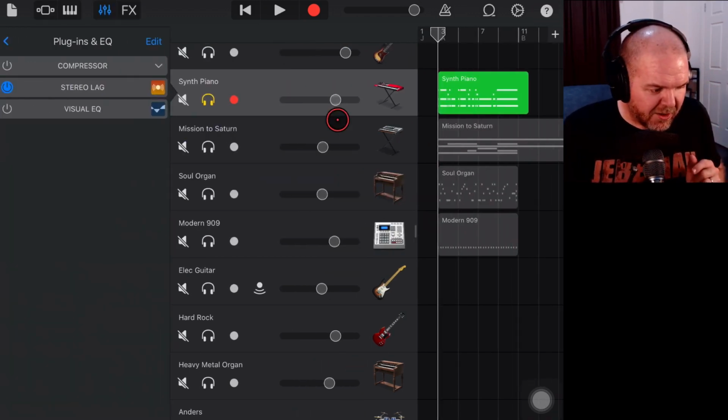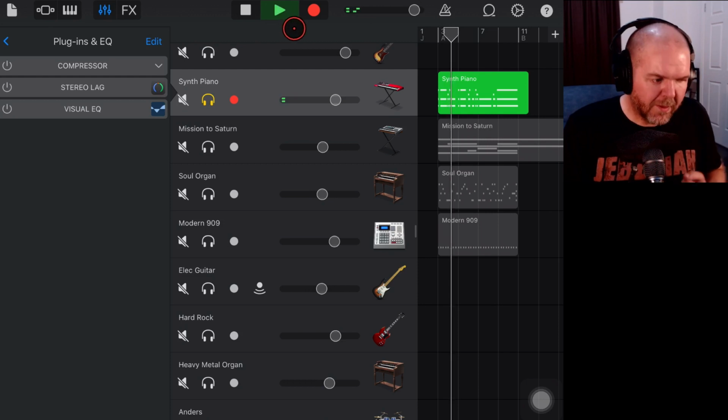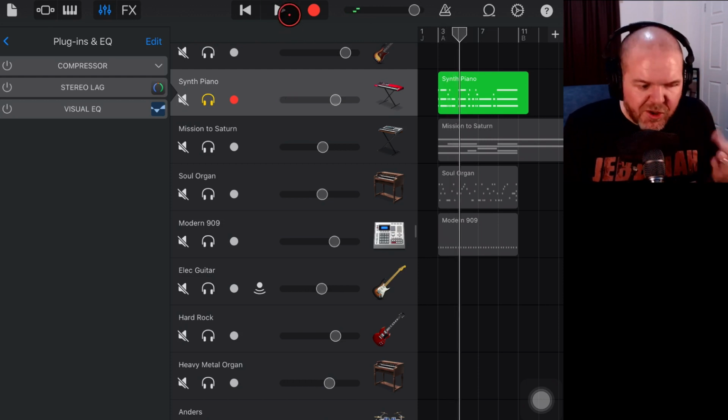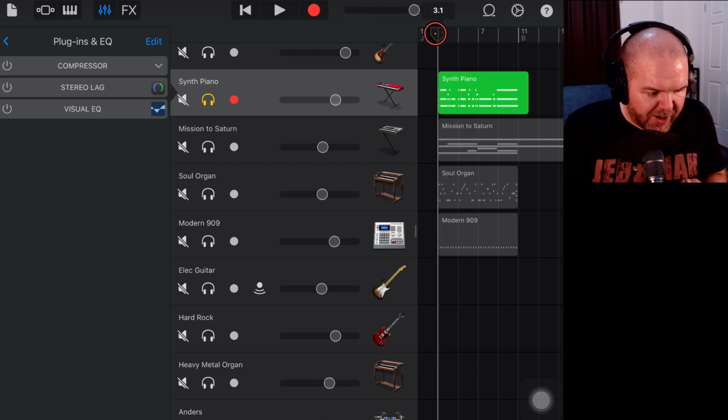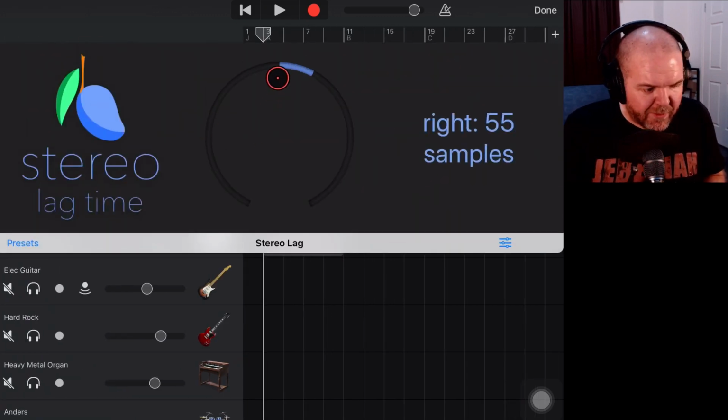So if we take a listen to this piano and we turn off the plugin, it sounds like this. So it's just sitting down the middle at the moment. It's not really doing anything. If we want to add some flavor, let's tap on the stereo lag. And if we put this over even just about 60 samples to the right, now if we take a listen,